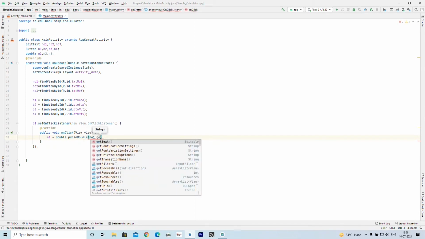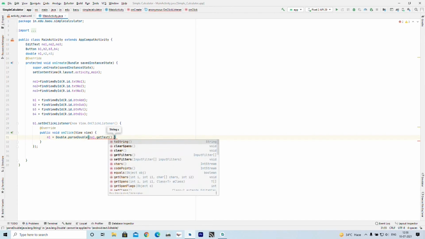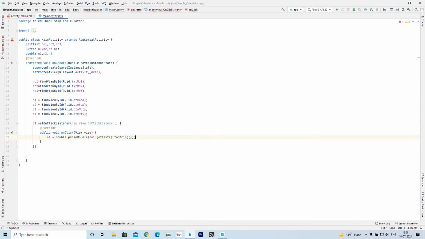Here there is a getText method and we have to convert it into a string using the toString method. So, what does it mean? I want to get the double value n1 from the edit text string as a double.